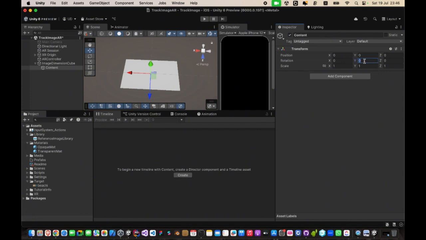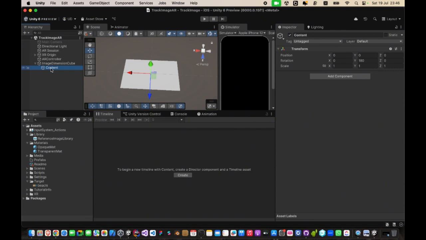We're going to do that because I've noticed that whenever we build with this, our content is not usually placed properly. So once we have this,